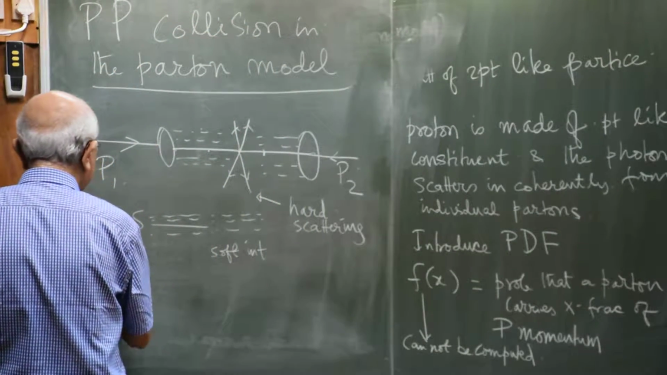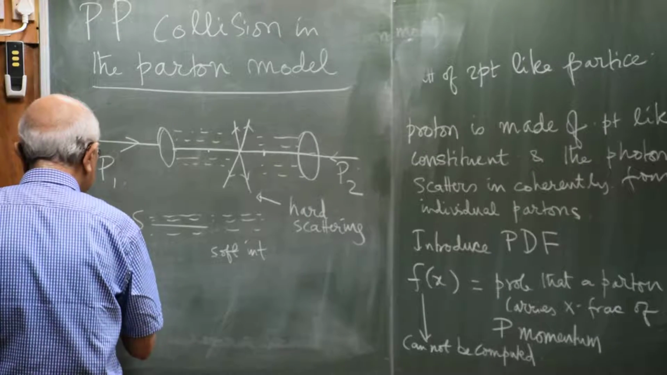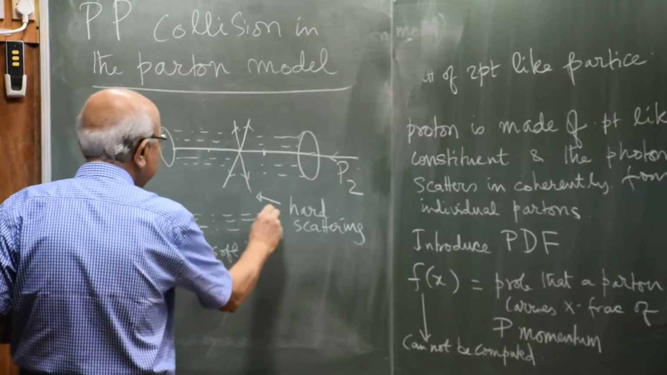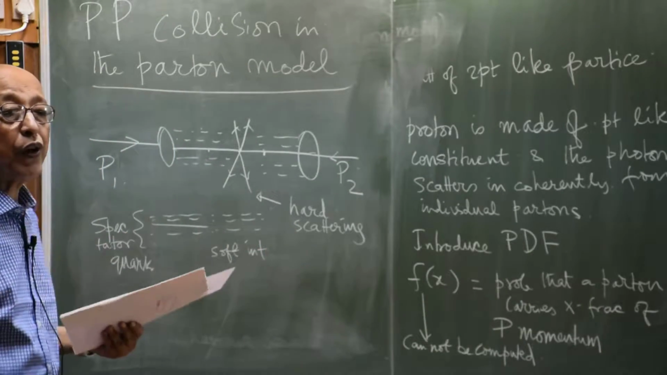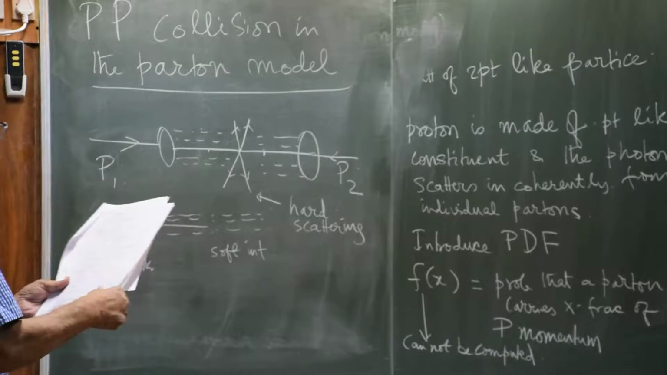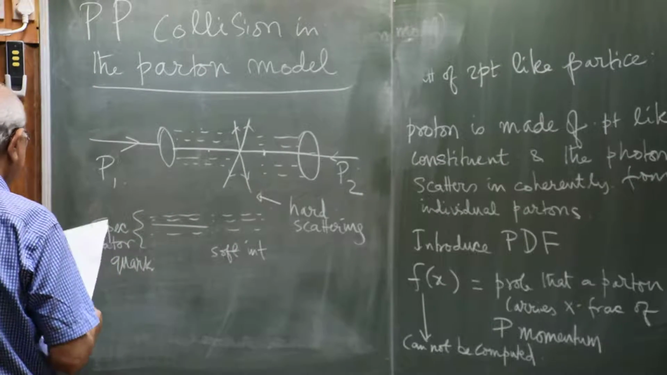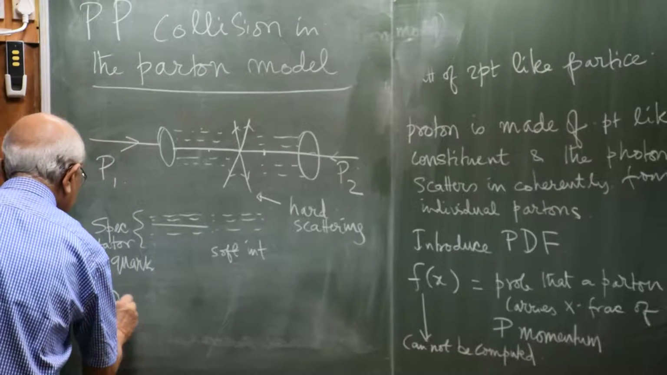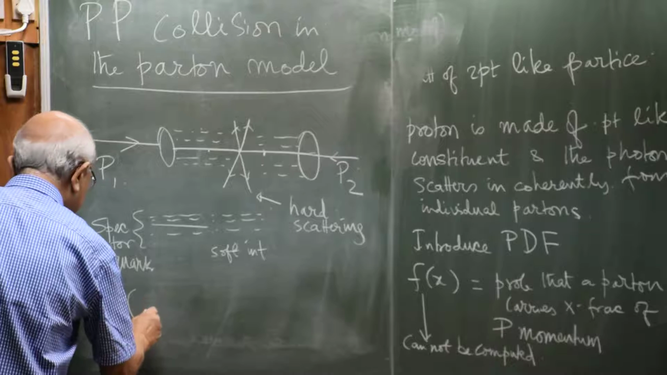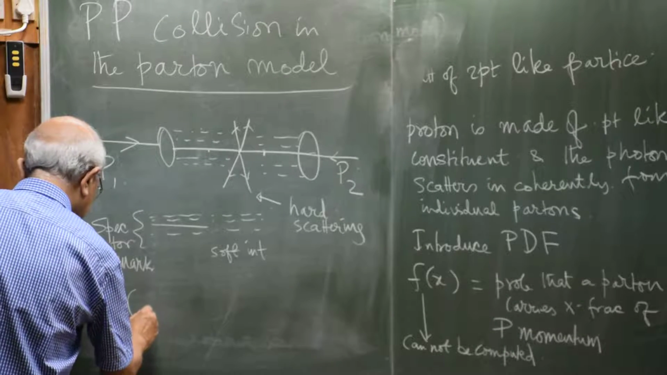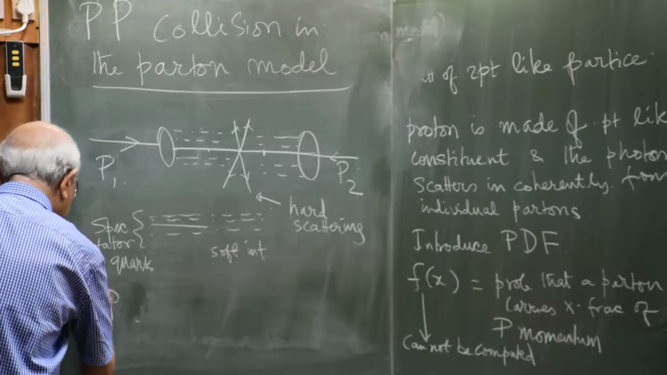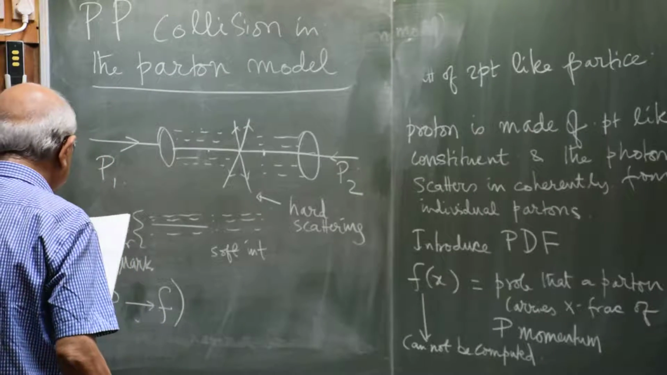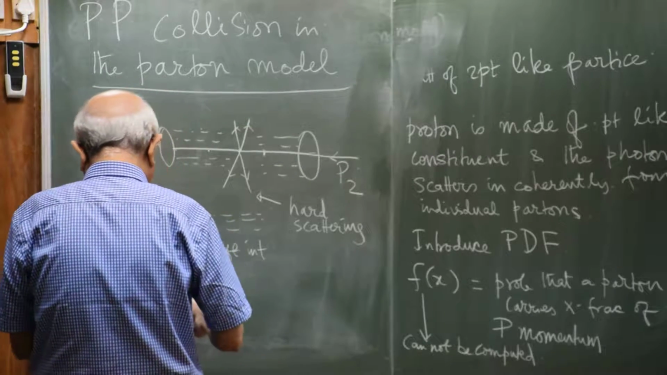These are called spectator quarks. Same with this. So for a while, then, our picture of proton-proton scattering is PP going to, the cross section of PP going to some final state is actually